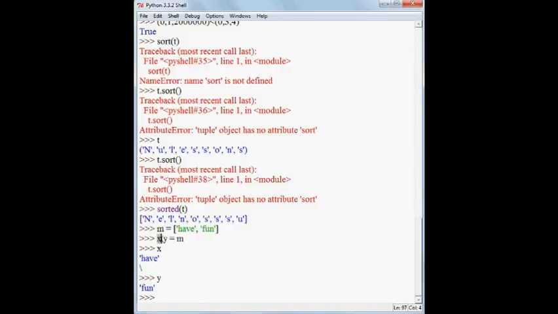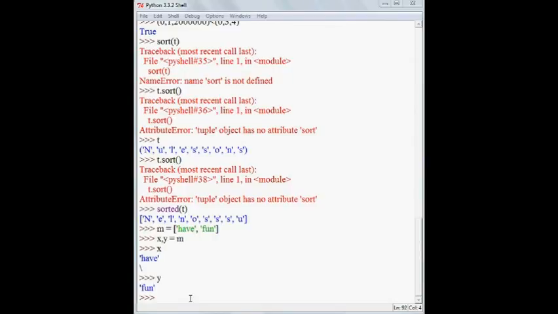You can see that when I typed a tuple on the left hand side and assigned it to a list, it took the respective values from the list and assigned them to the variables x and y. So this was tuple assignment.